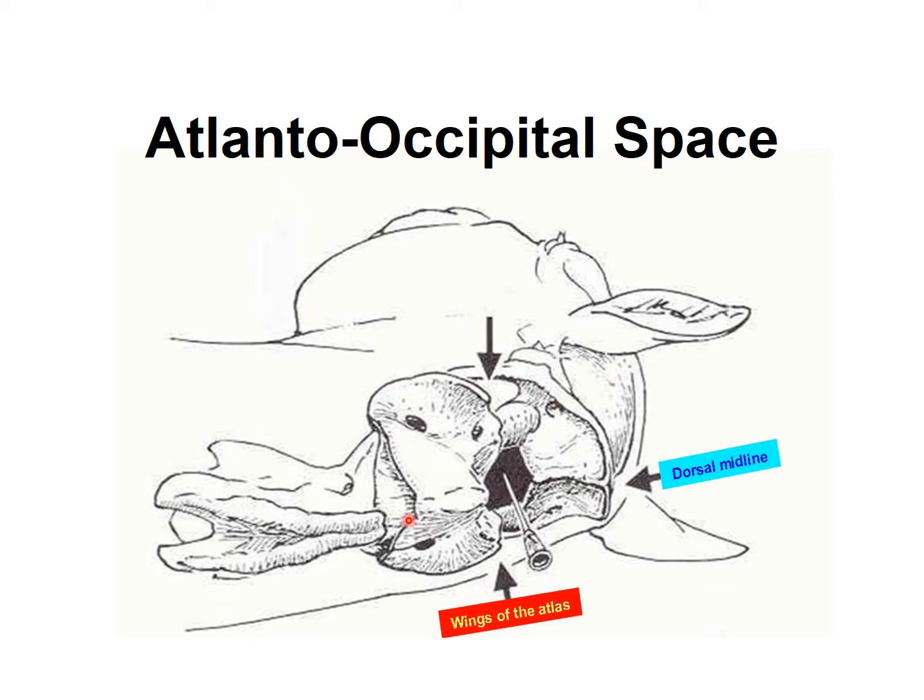And I'll show you a case, wobblers, pretty common in equine medicine and surgery, that we can utilize this space to actually inject these radio-opaque and radioactive mediums to basically see the depth